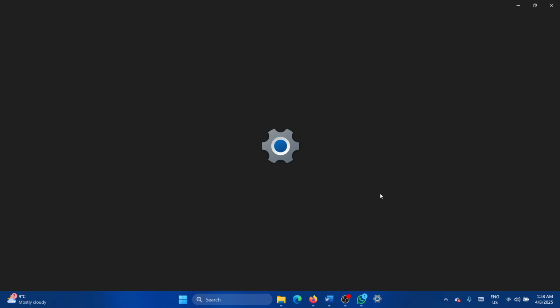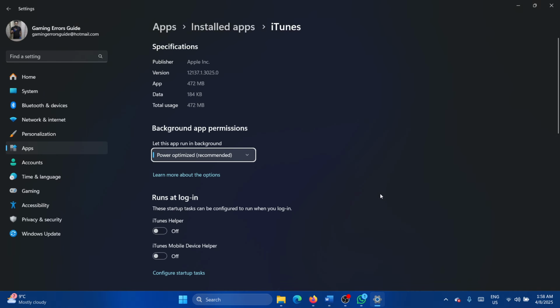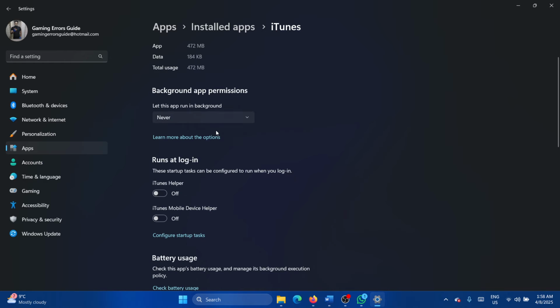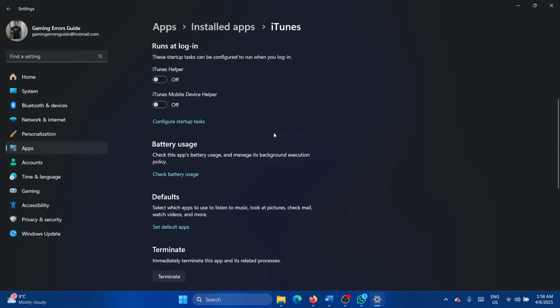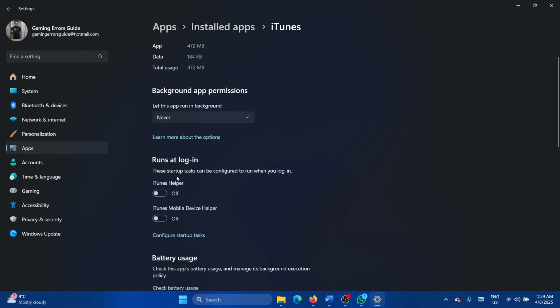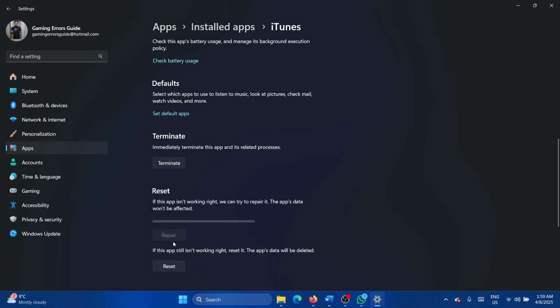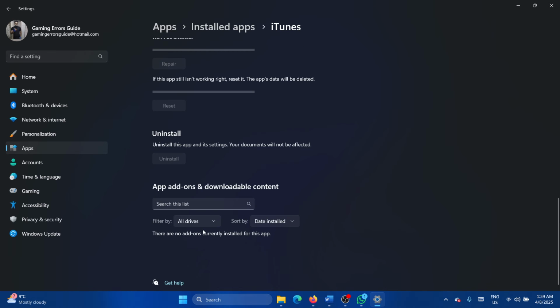Now select app settings. This won't fix the problem. Basically, we have to reinstall it, but just to be on the safer side, change this to never. Don't let it run in the background, and then you can uncheck both of these options here so it doesn't start up by itself. Then terminate it, repair it, reset it. Okay,